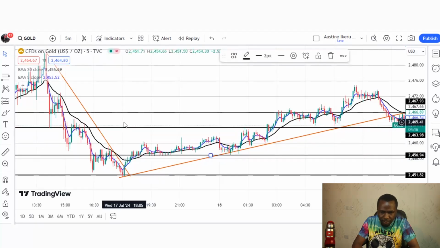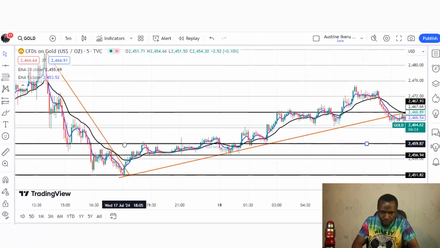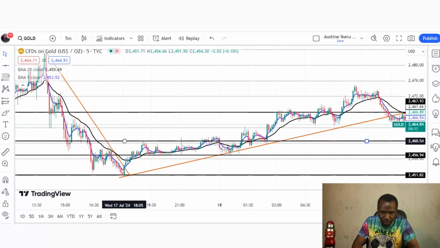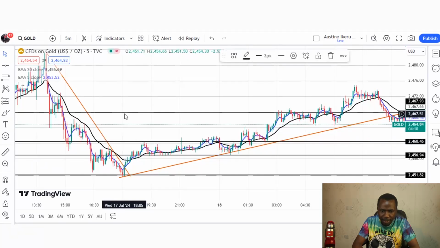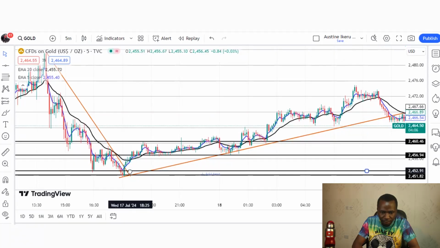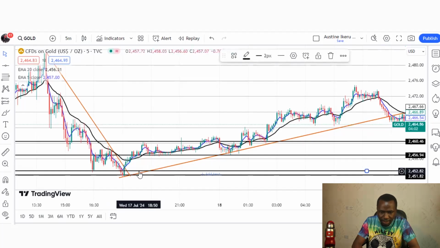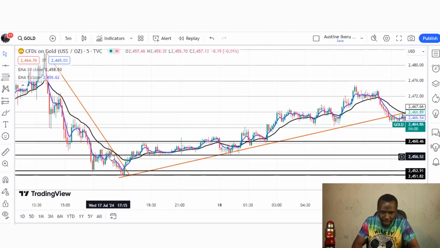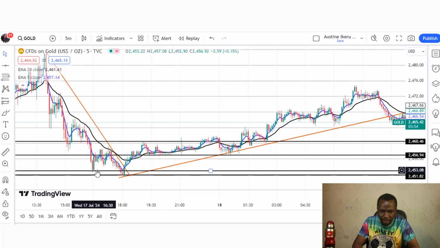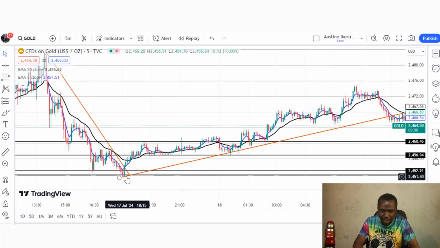Our stop loss will still be above the 20 EMA, and our take profit will be at the previous swing low. So this is the previous swing low. So this will be our take profit, right? So you can clearly see that the price now rallied down and smashed our take profit, which is here. As the price smashed our take profit, the price rallied down all the way to this point and then began to go up again.